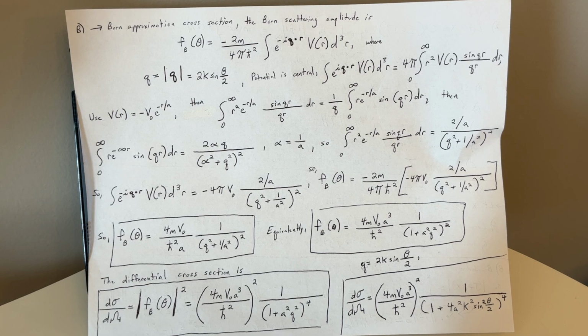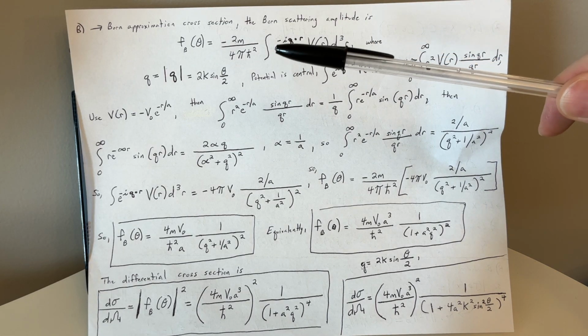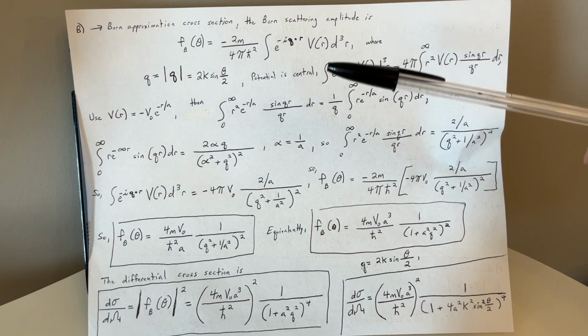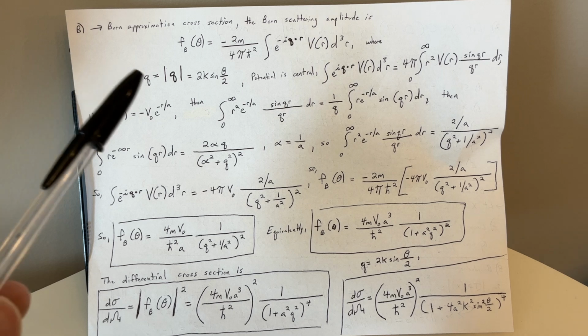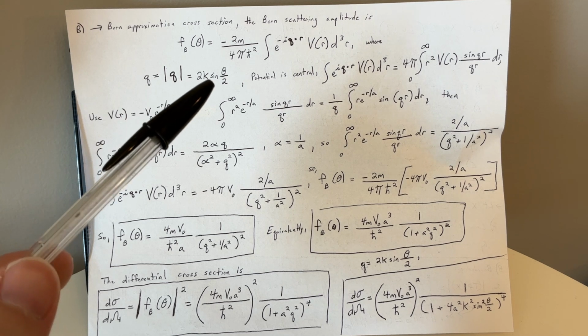Here's f sub B of theta equals negative 2m over 4 pi h bar squared times the integral of e to the negative i q dotted with r, V of r, d cubed r, where q is equal to the absolute value of the q vector, equals 2k sine